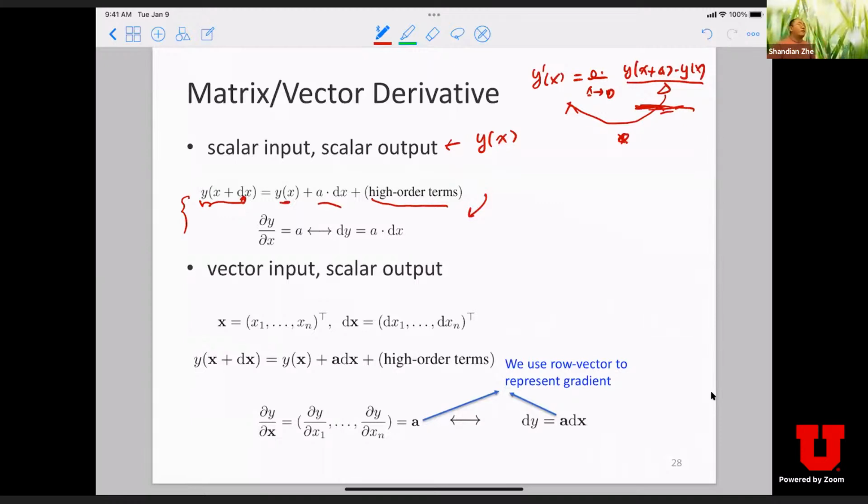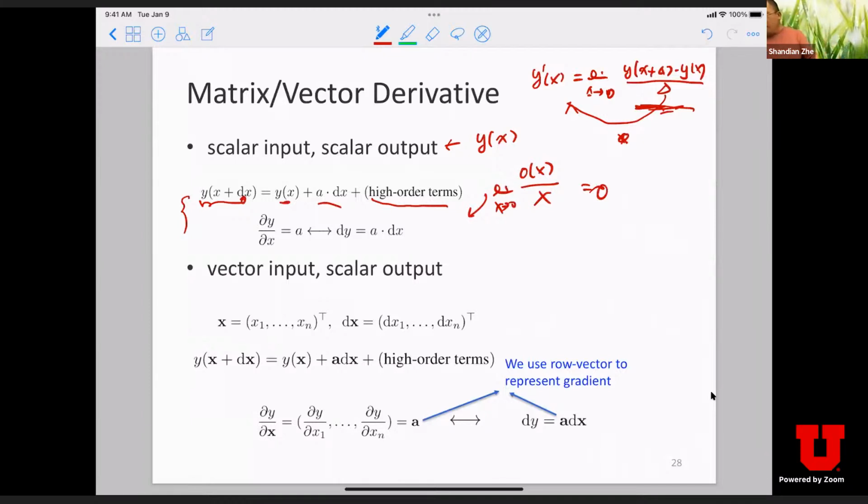This is just our example, but in general we say Hölder terms. If I say it's a Hölder term of x, it just means if you divide this Hölder term of x by x, if you take the limit as x goes to 0, then this fraction goes to 0. This basically means asymptotically, when x goes to infinitesimal, this Hölder term can be ignored, to be very, very small.